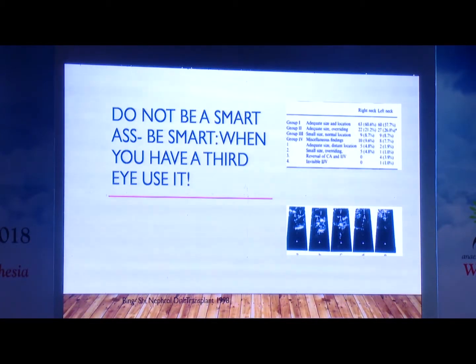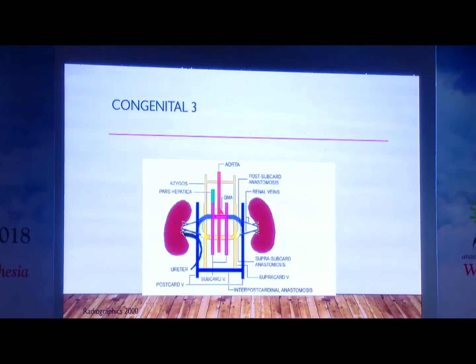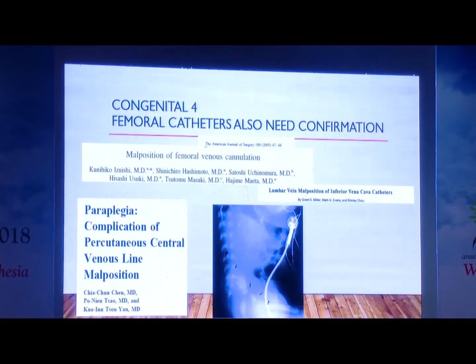In the era that is today, if you are in a referral center, you cannot put any IJV technically without an ultrasound. I continue to do it, but for the purposes of a lecture, you cannot do this. The single most important reason is that the IJV is not constant in position relative to the carotid artery, right? You can see that in group 2, 22% of patients actually have the IJV and the carotid artery overlying each other. Okay, I'll skip all this because it's not important, but everybody seems to say femoral lines are very easy.